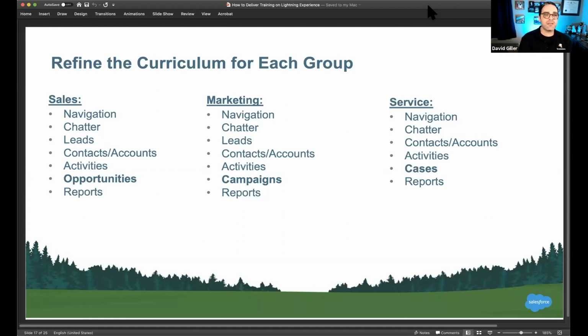So one of the things that you might see, and this is purely an example, you could see in sales, I'm training them on opportunities. And in many organizations, as much as I disagree with it, they're not teaching them, they don't want them using the campaigns functionality. By the way, the reason why I disagree with it is because, side note, I personally believe that the native out-of-the-box campaign functionality in Salesforce is so powerful and so important to train sales users on,